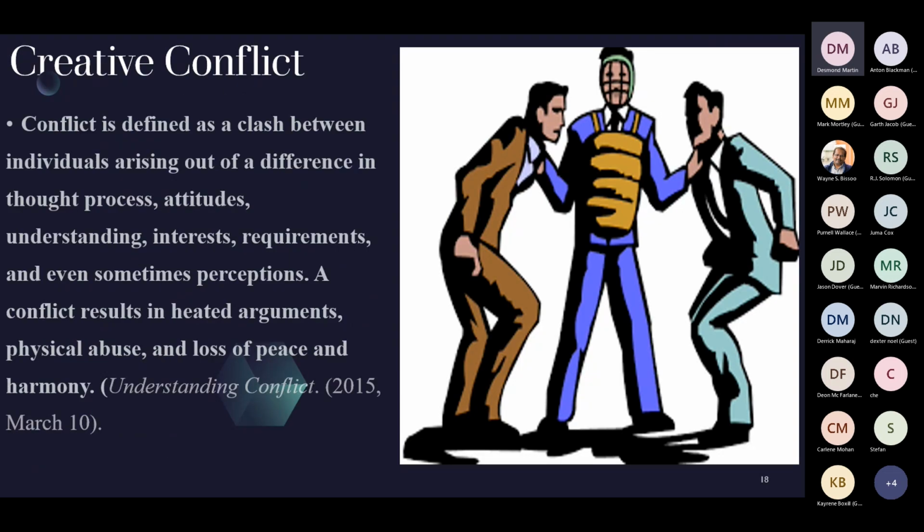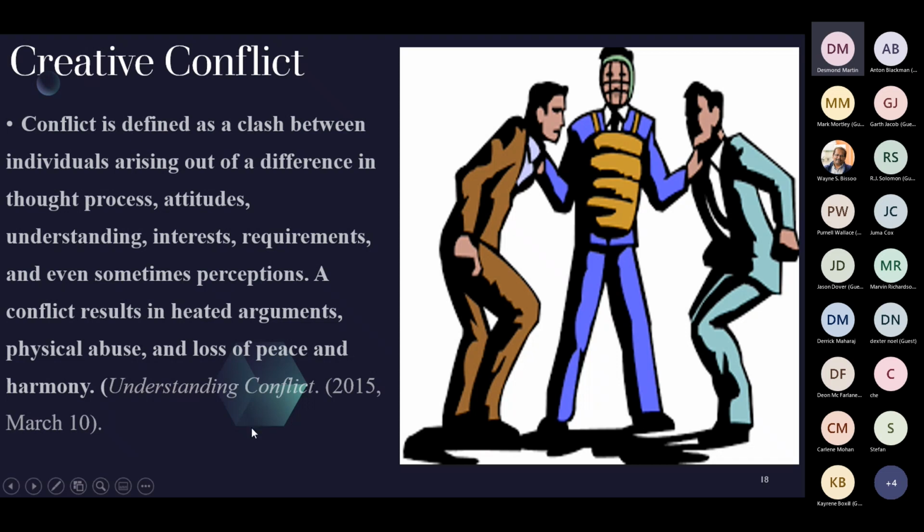Creative conflict. Creative conflict can boost the creativity in a group by encouraging members to invent innovative solutions. Throughout the group's developmental stages, conflict can occur with the storming stage, because this is where the members are discussing ideas and trying to agree on what is needed to accomplish their goal.